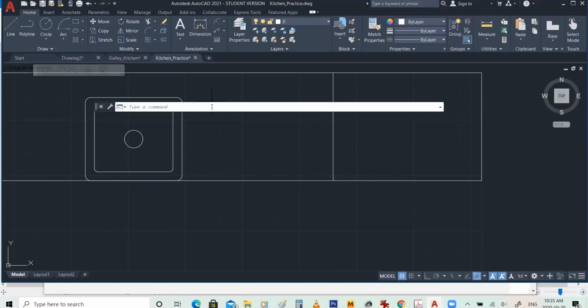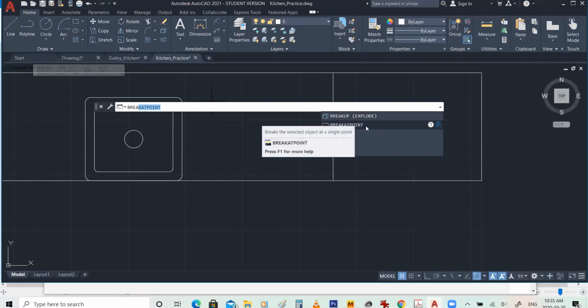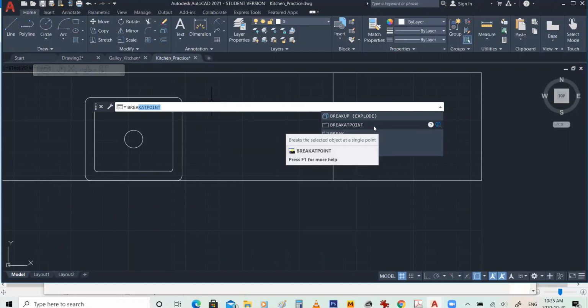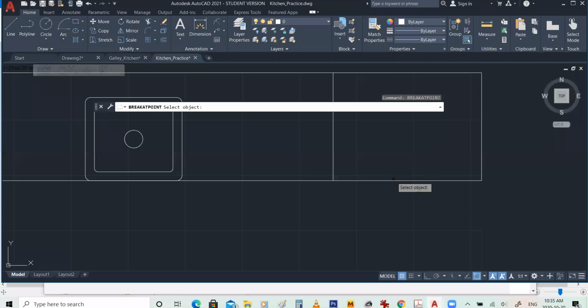So to do that, we have a command called break, at point. Once I type break here, it's going to come up as break or break at point. Break at point is actually what I want. So I'm just going to click on break at point here, and I'm going to select that object, and I'm going to specify this point to be the break point. So if I click here on this point,